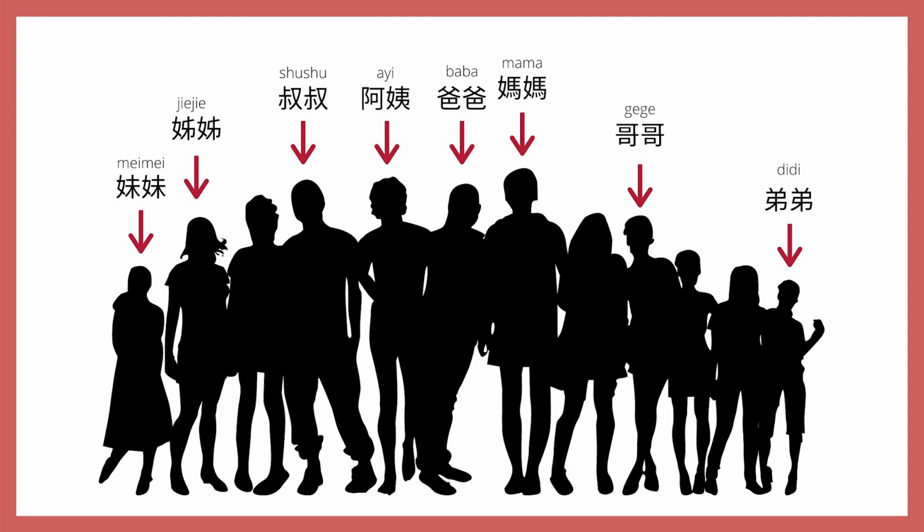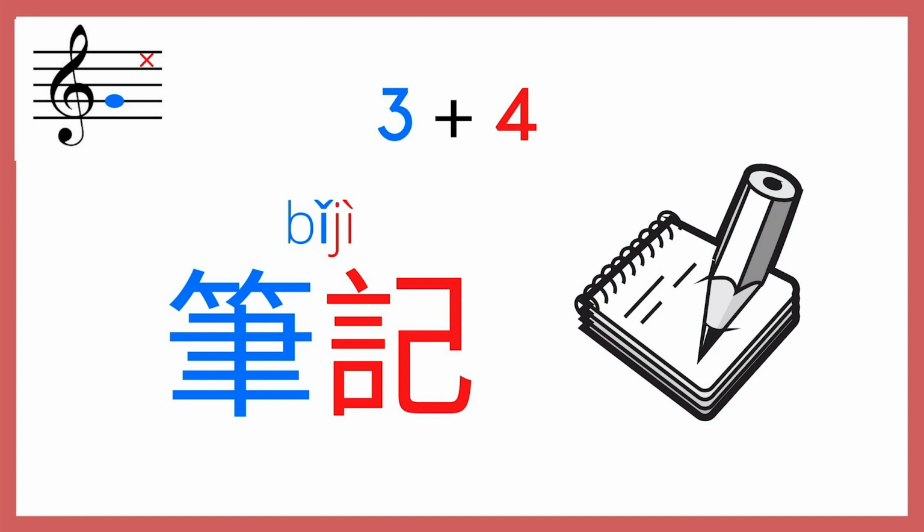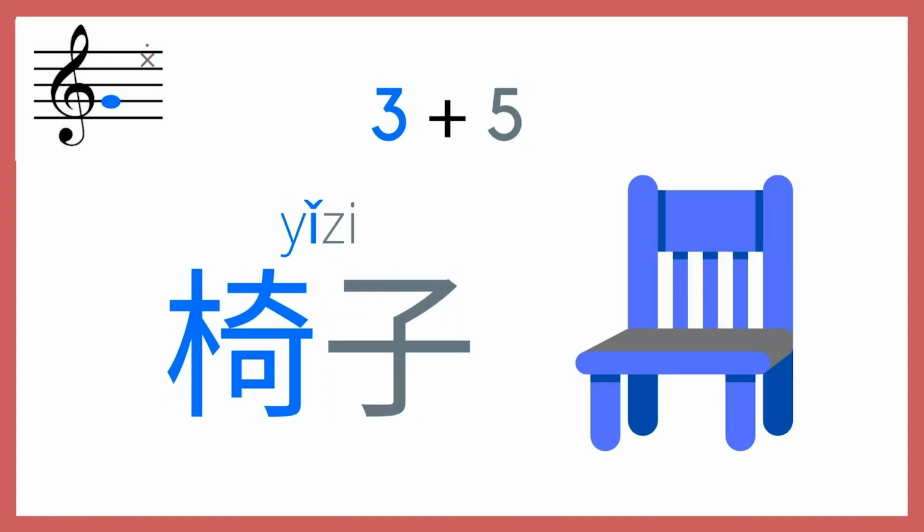Okay, moving on. For our 3-4 combination, which sounds like ma ma, we have 笔记, which means notes, as in taking notes. As in, maybe you want to take notes for this video, if this material is new to you. Or maybe not, maybe you just want to replay it a few times. That's okay, and that usually helps too. And for our last 3rd tone combination, we have 3-5, ma ma. And our sample word is 椅子, which means chair.